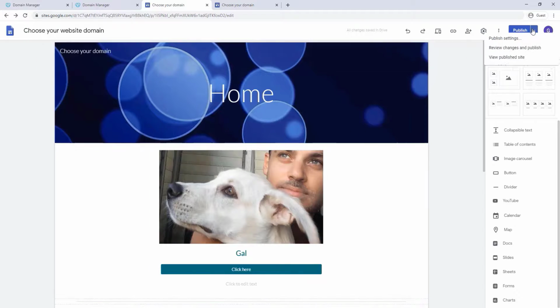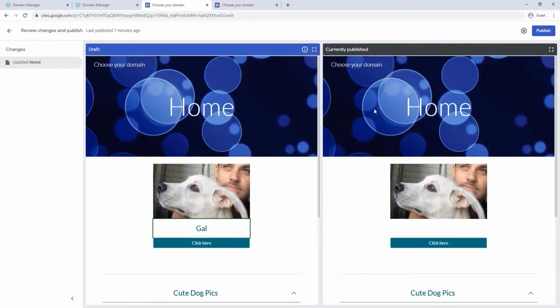And let's see, we don't have to always publish it and then check how it looks. We could review changes and publish. We check that. And now this is the before and after. So this is after the changes and it looks okay to me. All we have to do is publish